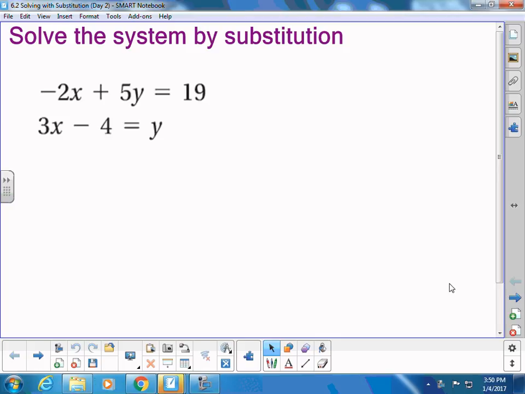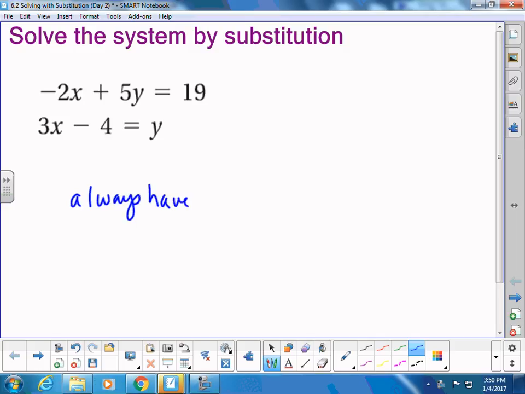Or solving by substitution. So mostly we had yesterday where we had two equations that were set equal to each other, I believe, and then we just knew they were both equal to y, so they were both equal to each other. And today, remember the first rule is always have one